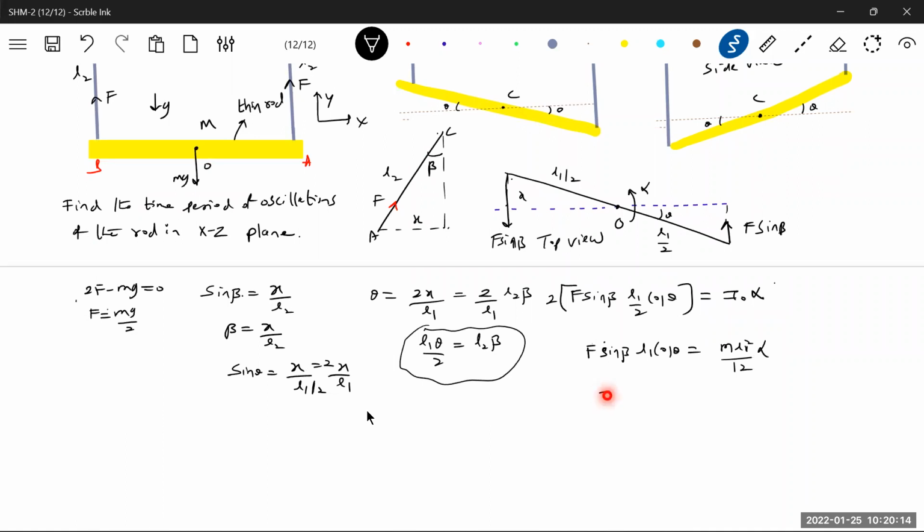What is F? F should be equal to mg sine beta. Beta will be L1 theta by 2L2, into L1 cos theta equal to m L1 square by 12 into alpha. L1 square gets eliminated. So all together alpha will be